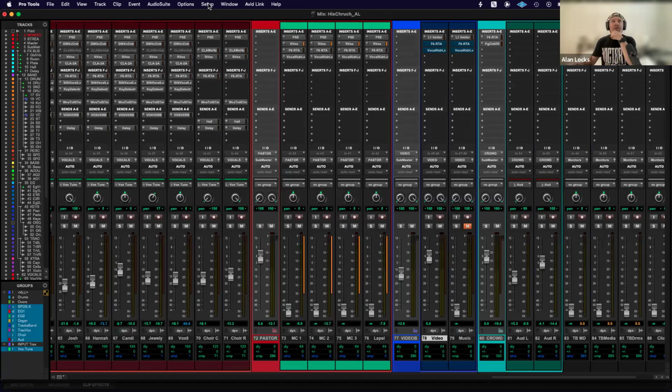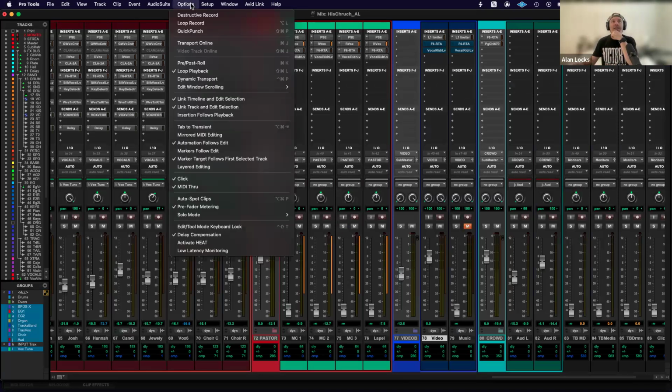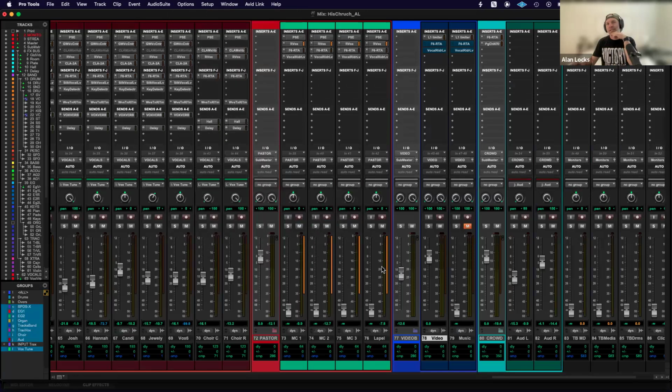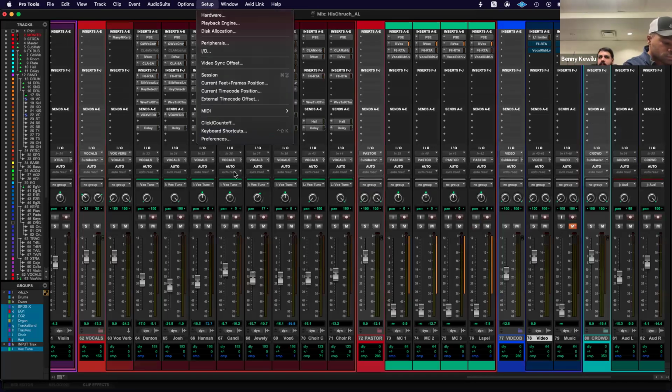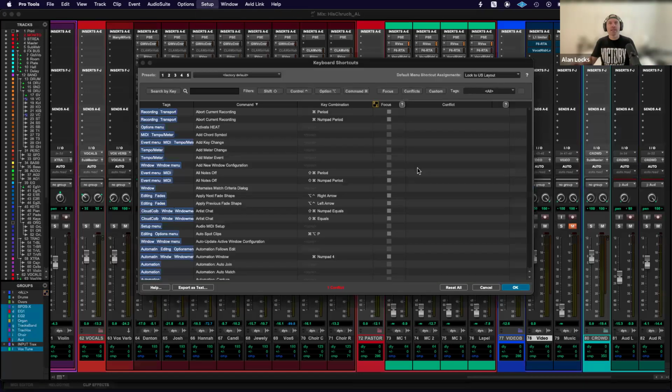And that's possible because it's on pre-fader or after fader. If it's after fader, then you are gonna hear the volume that your fader is set up, but then you wouldn't hear the pass-through. So you can change all the time. I have a shortcut that I created over there. You need to create it computer by computer. But setup, keyboard shortcuts, and then